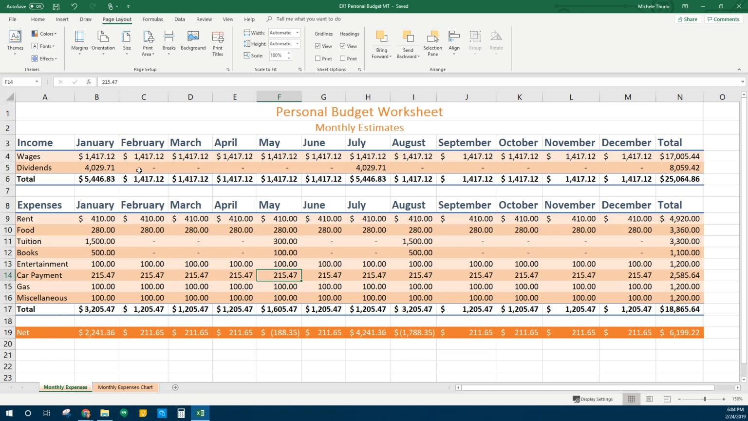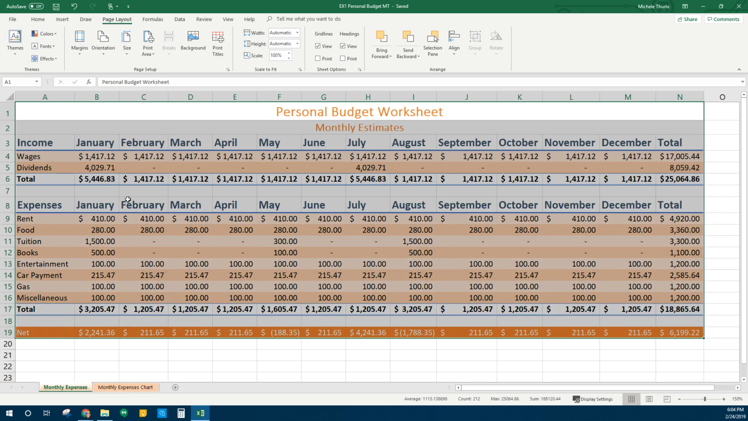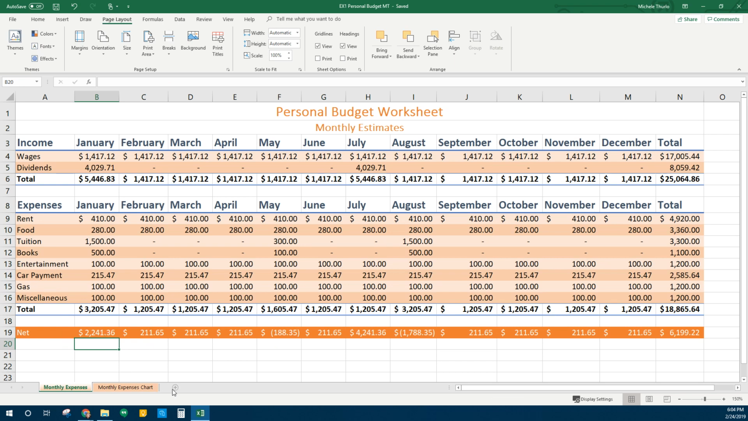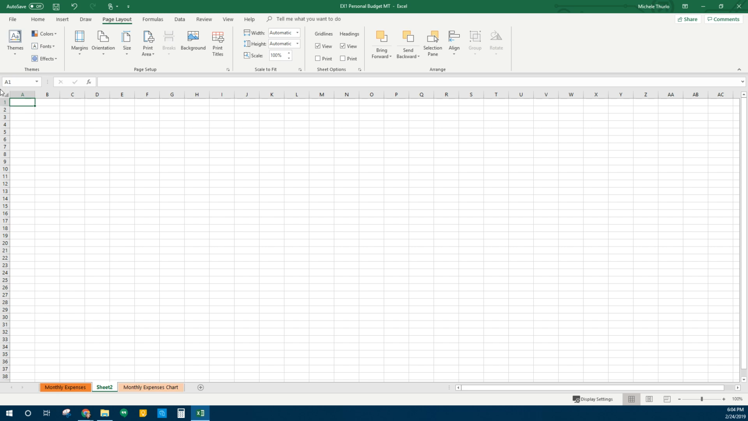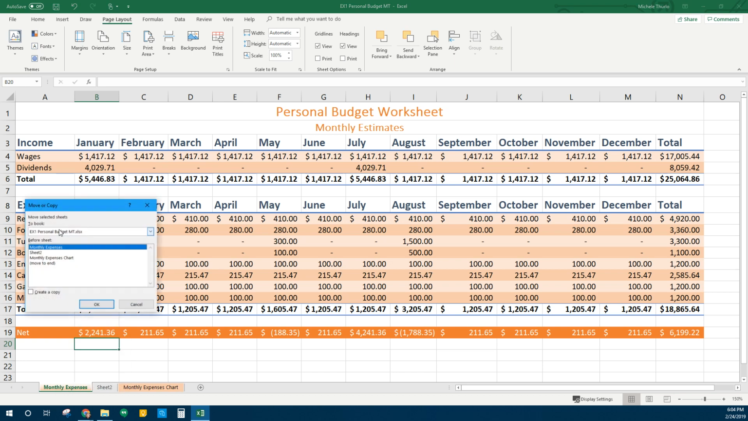We are going to make another tab. We have our monthly expenses, and we want to copy this. There are two ways we can do that. One, we can highlight everything and copy, and then hit this button here to make a new sheet and paste. But let me show you another way to do it. We can right click on the monthly expenses tab. We can go to move or copy. We want to create a copy, so be sure you check mark here